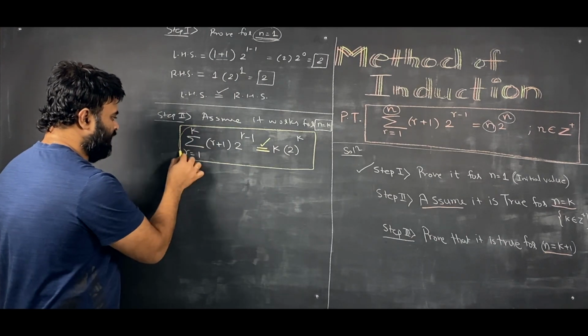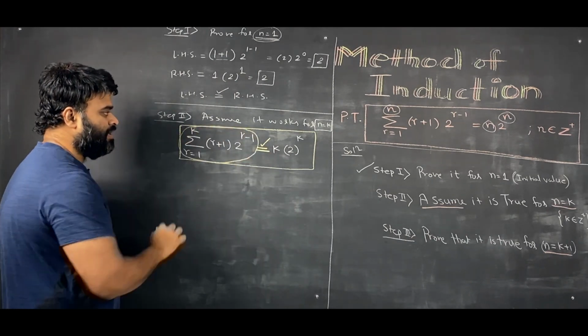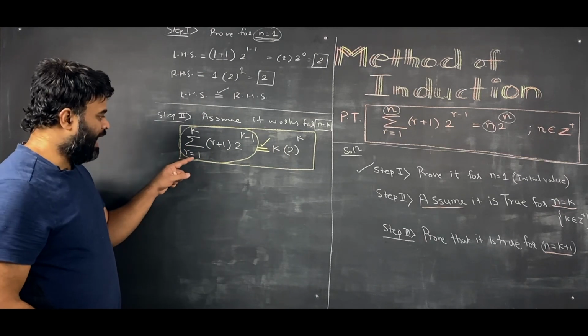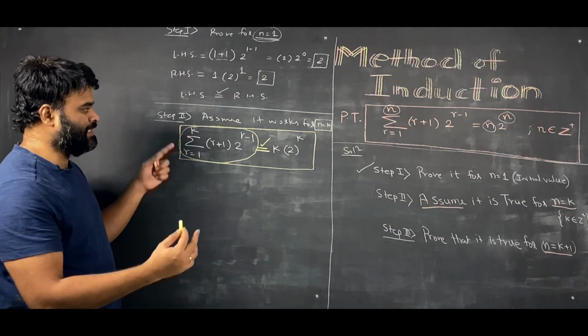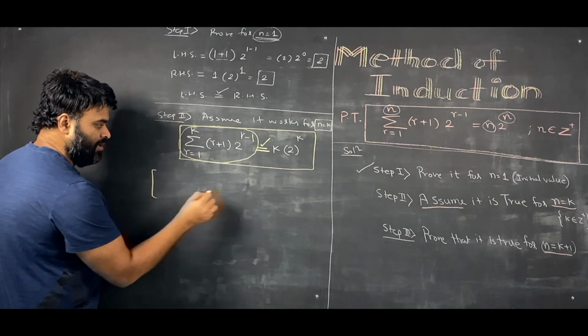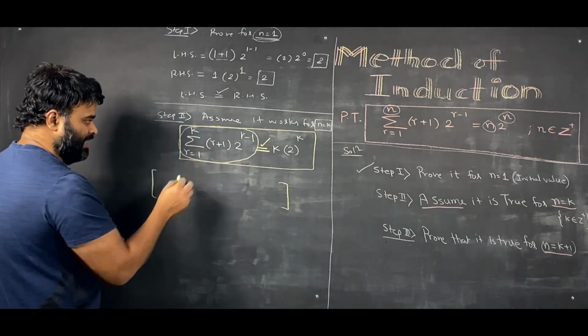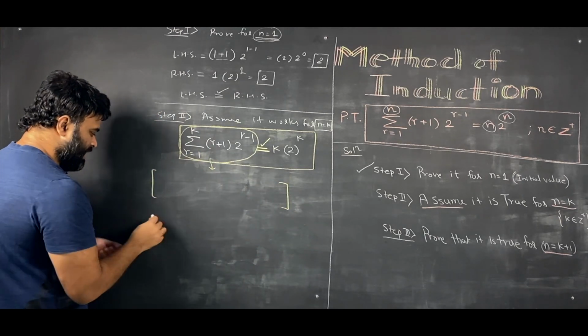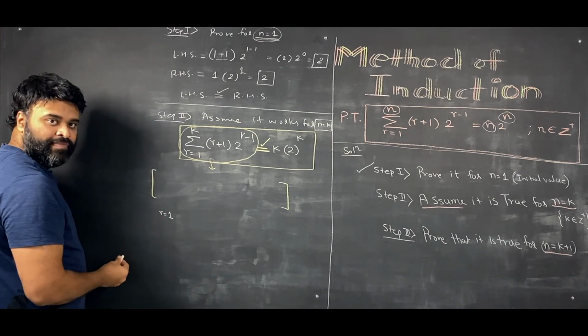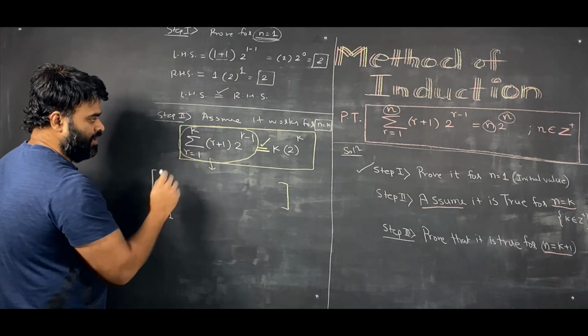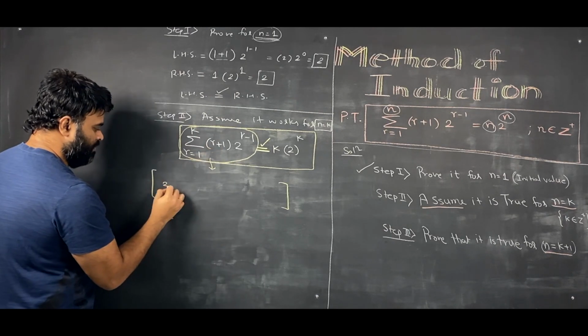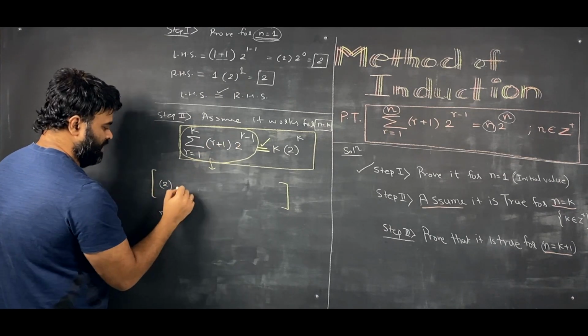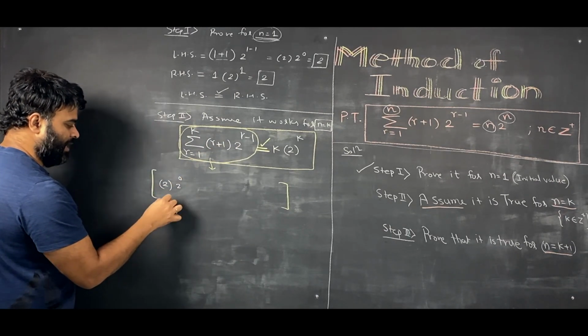And I also want to elaborate this. On the left hand side, you have this summation, right? Now in this sum, r going from 1 to k, what if I expand it? Okay, what will I get here? So let me see what I get for this. Let's say r value is 1. Now when r value is 1, I put it here. This is 1 plus 1, 2, and 2 raised to 0. That's what I get at r equal to 1.